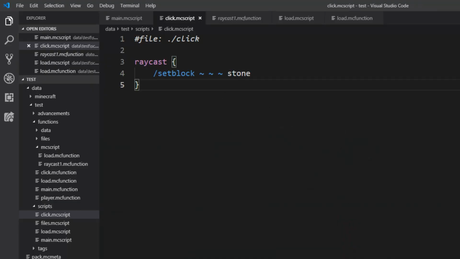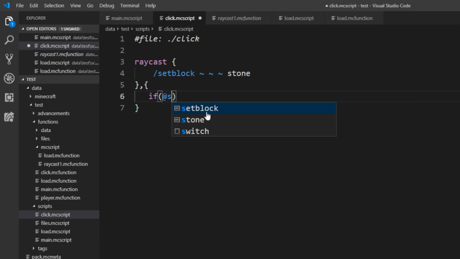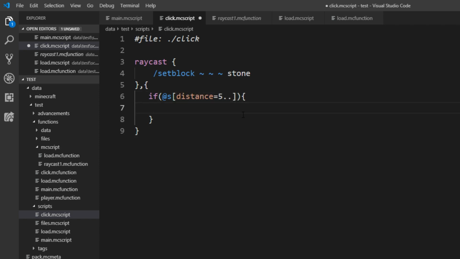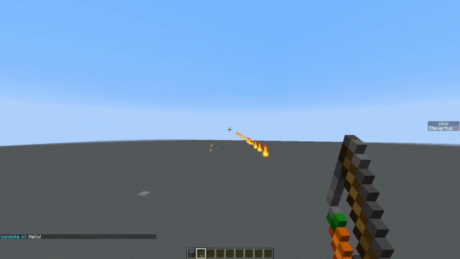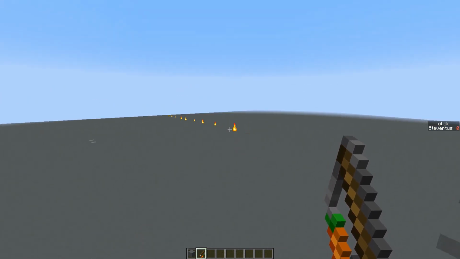So then let us upgrade this raycasting a bit more. And we say for every step, that's the second block here, we want to display a particle, but also not on the entire world, but just in a range of 5 blocks. So we say if at s is at a distance 5 blocks or more, and then we can display a particle. So in that way we don't just block the view of the player. So now if we shoot a bit further, you can see this ray a bit more,